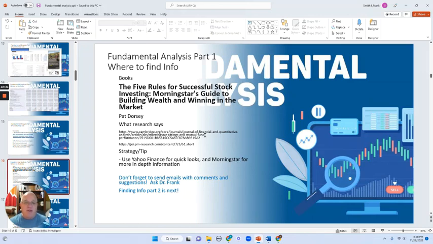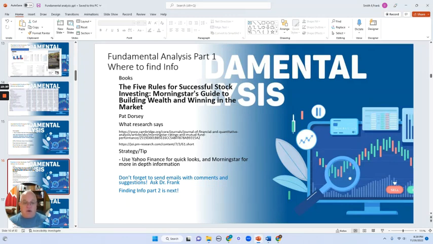What research we're going to look at this time is, okay, if we're going to look at Morningstar and the ratings that they have, and this is the first chance we've really looked at somebody rating something, the question is, are they any good? Do they make you any money? I mean, that's what it really comes down to, right? That's where you're going to lay down your money.